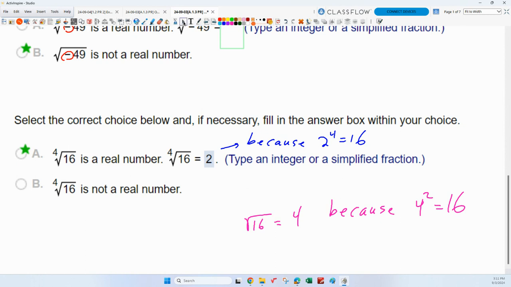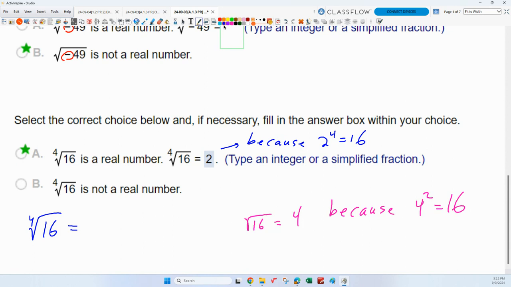Oh, my trick. How could I do this on a calculator? If I wanted to do the 4th root of 16, if you look at a calculator, there's a square root button and then there's a cube root button, and it's kind of complicated to use the nth root button where you have to change the radical. It's a complicated bunch of buttons to push. It's pretty tough. I mean, you can make it work, but it's almost not worth it. There's a great shortcut. If I want to do the 4th root of 16 on a calculator,